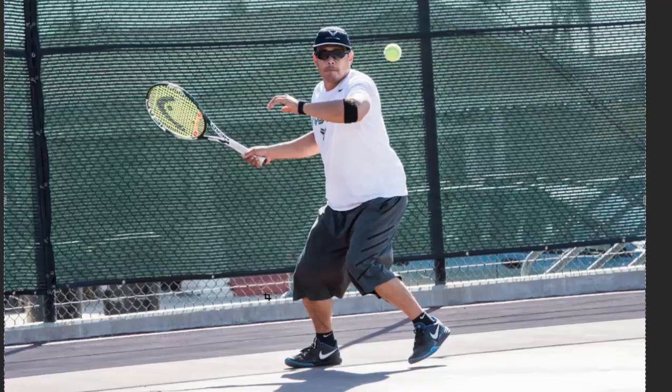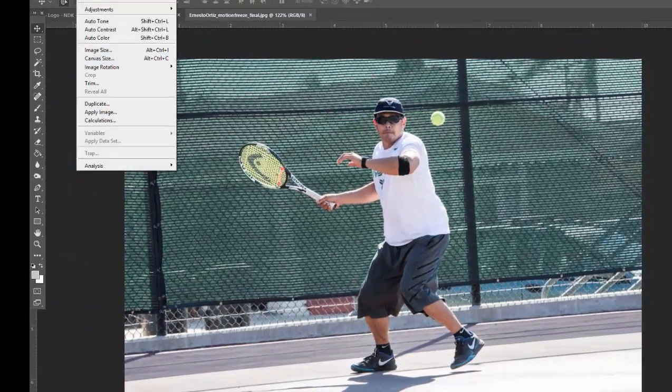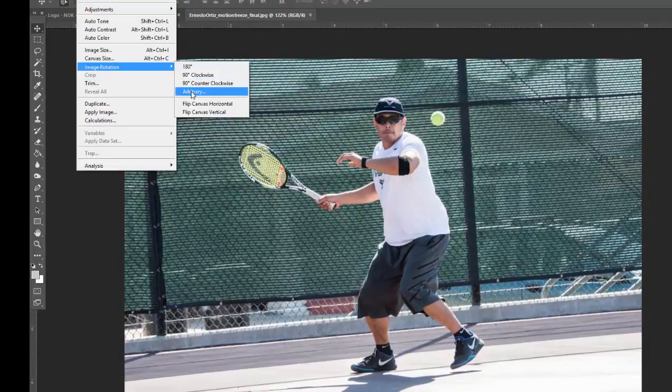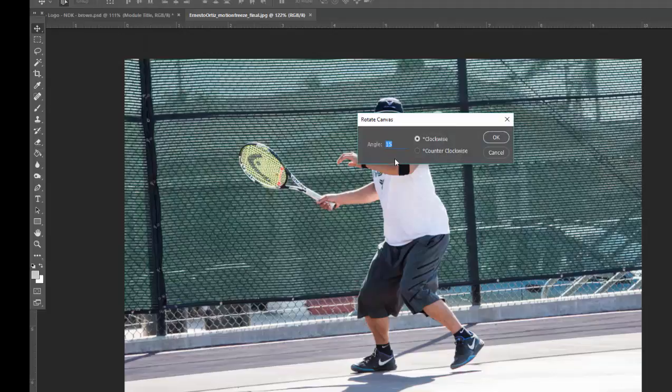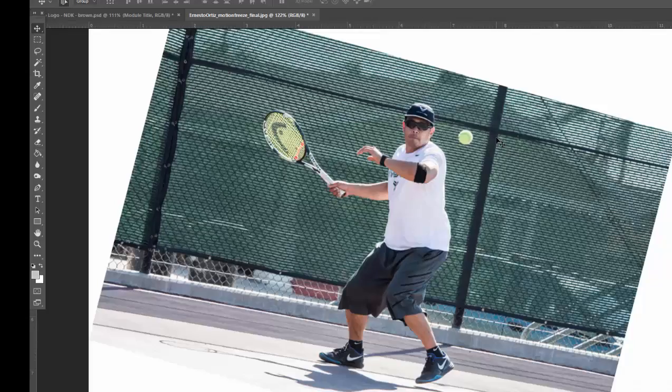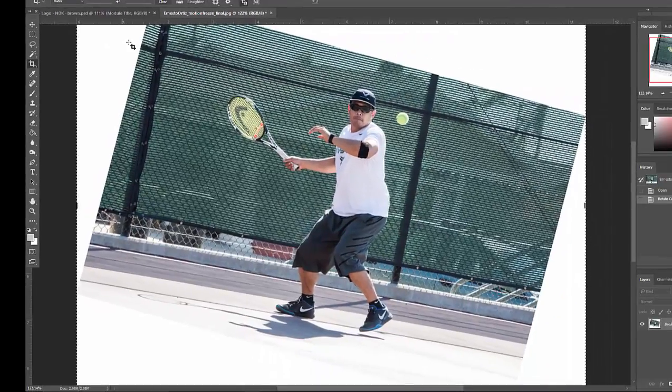So what we really need to do is change this tilt. Now, obviously, that should have been done in the camera, and it's a little late, perhaps, to do that, but I can at least show you the effect of it. So I'm going to come in here and rotate this image. I'm going to make a wild guess that this 15 degrees is about the amount I want. What an incredible guess. So now, if we came and cropped this in a little